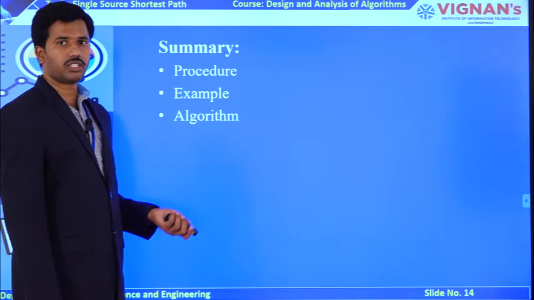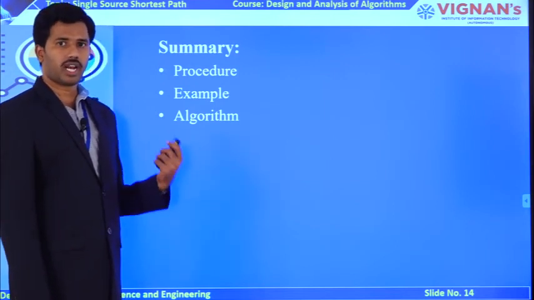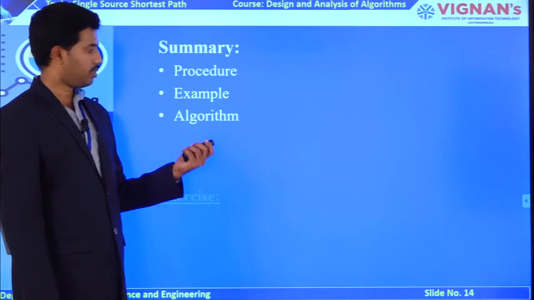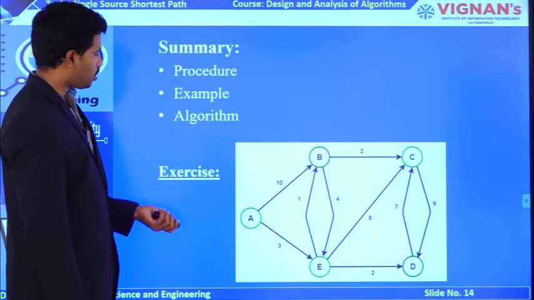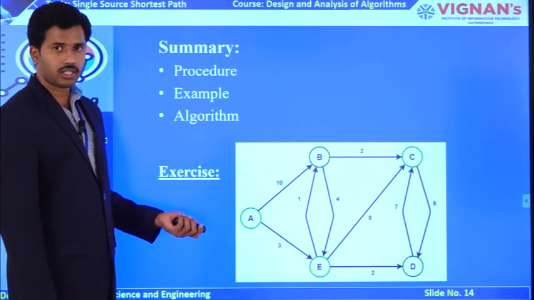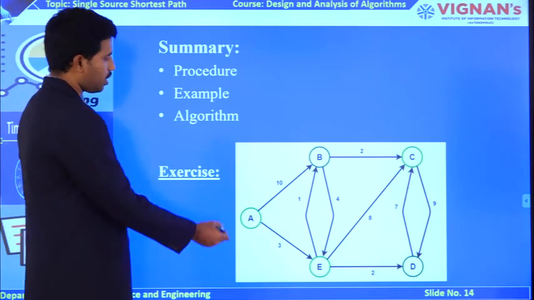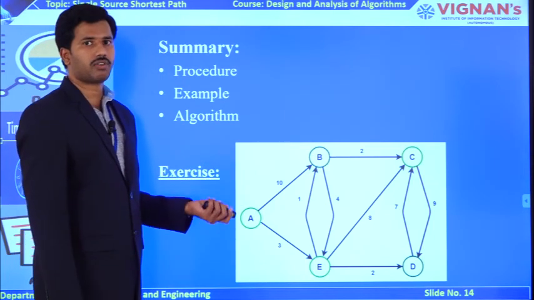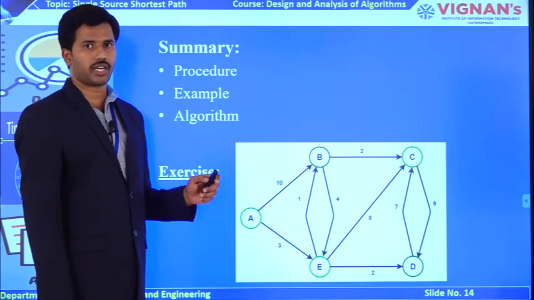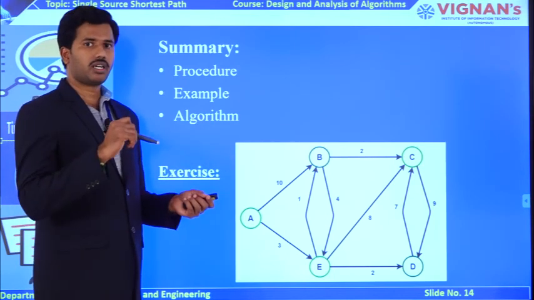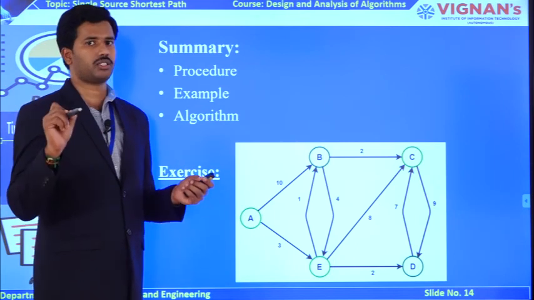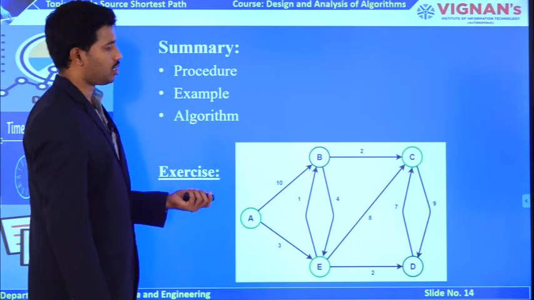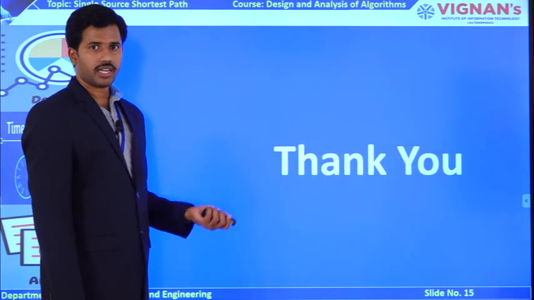So as of now we have seen the procedure of the single source shortest path problem, followed by the algorithm, the analysis, and examples, and we have traced it also. Now take this problem as an exercise. How many vertices are available in this graph? 5 vertices, and you can take the source vertex as a or b, it is up to you. Based on that source vertex, find the shortest path from that source vertex to the remaining n minus 1 destination vertices, to verify whether the direct path or the intermediate path produces the best path. Try this problem as an exercise and find the solution vector as well as the distance vector. Okay, thank you. That's the end of the class.